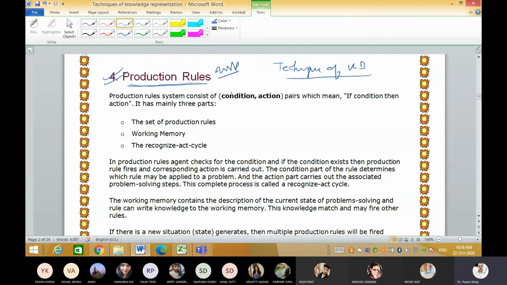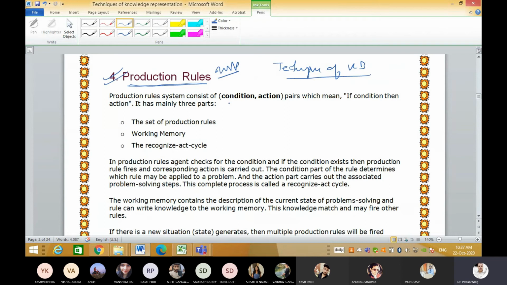So a production rules system consists of, as the name suggests, production rules. In a production industry or any company where production is going on, there are certain rules. Basically, whether the material that you are going to produce is of standard quality or not, whether the critical amount of composition is accurately present or not, what you have to produce, and how much you have to produce. All of this comes under production rules.